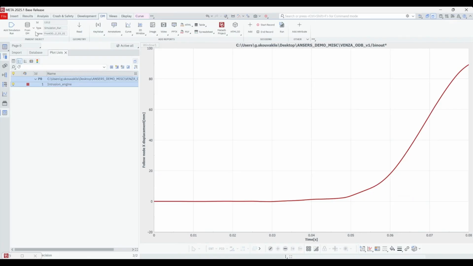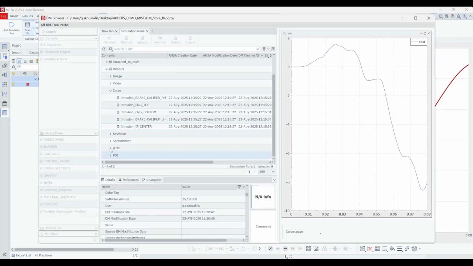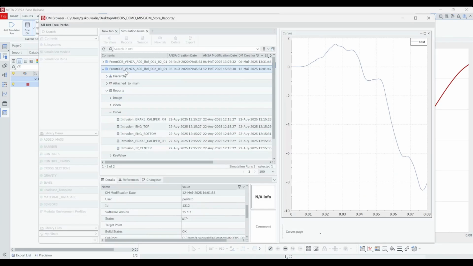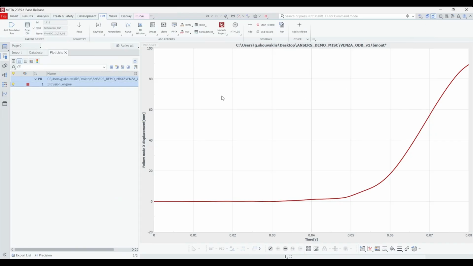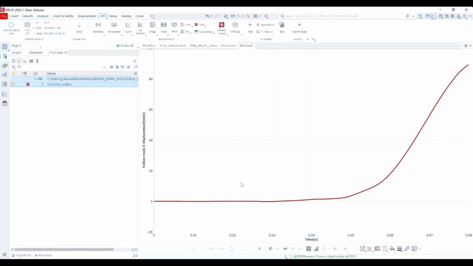From the DM Ribbon tab, we select the appropriate simulation run under which the curve will be stored. Then we save the selected item from the Curve button. The curve is stored in the DM folder. If we want this as part of a future automated process, we would need to add the commands for loading and storing the curve to the session or script file.